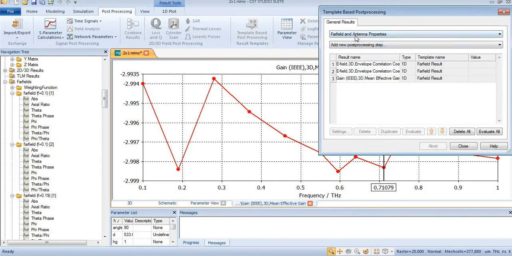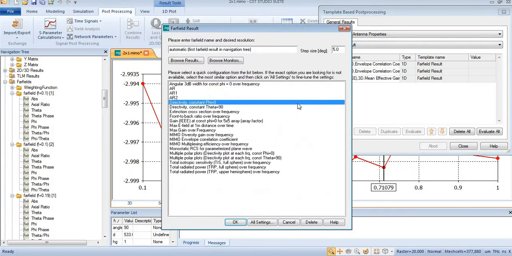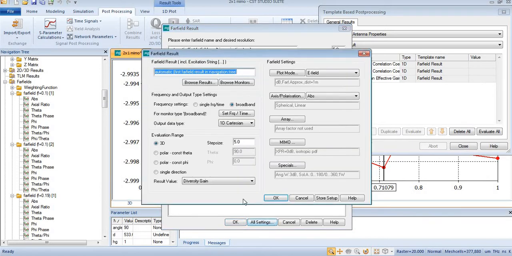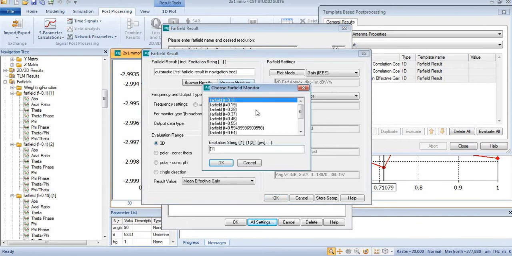Here you can see far field and antenna property is selected over here. Now I'm coming to far field. The option of mean effective gain is not shown over here. So either you can select MIMO gain diversity or envelope correlation coefficient, depends upon you, and then you will come to setting and then you will change. You can select mean effective gain over here, and you will just need to browse